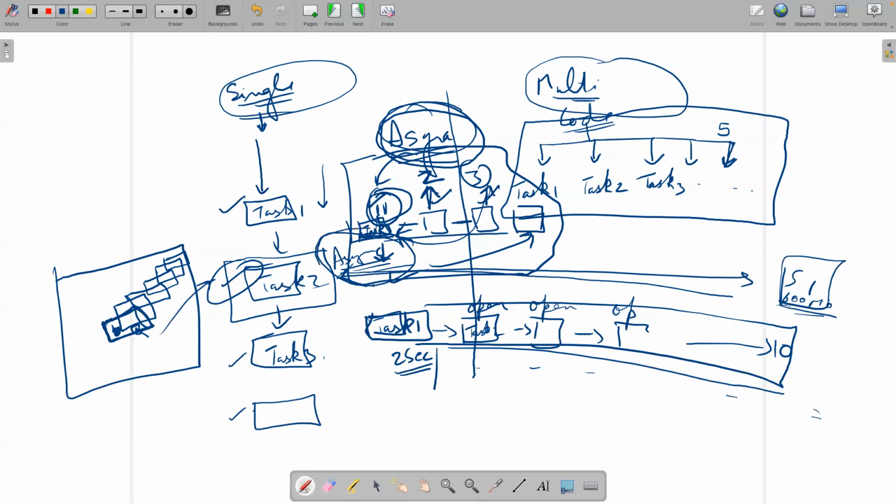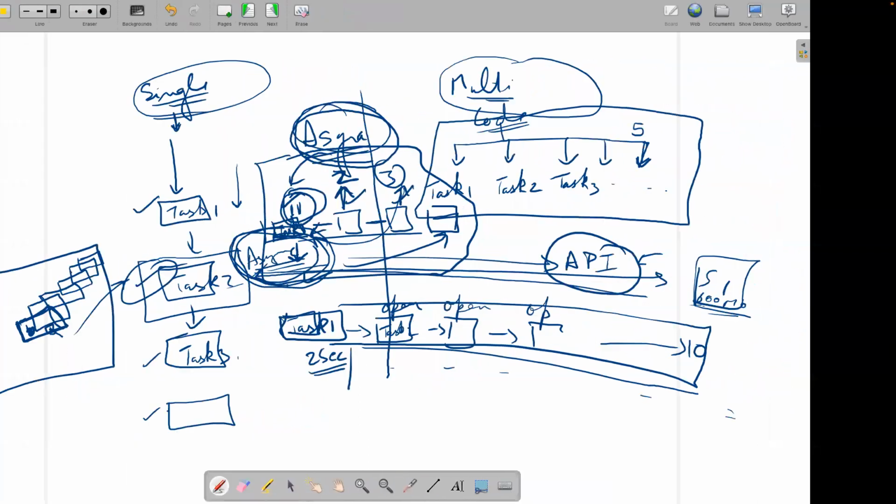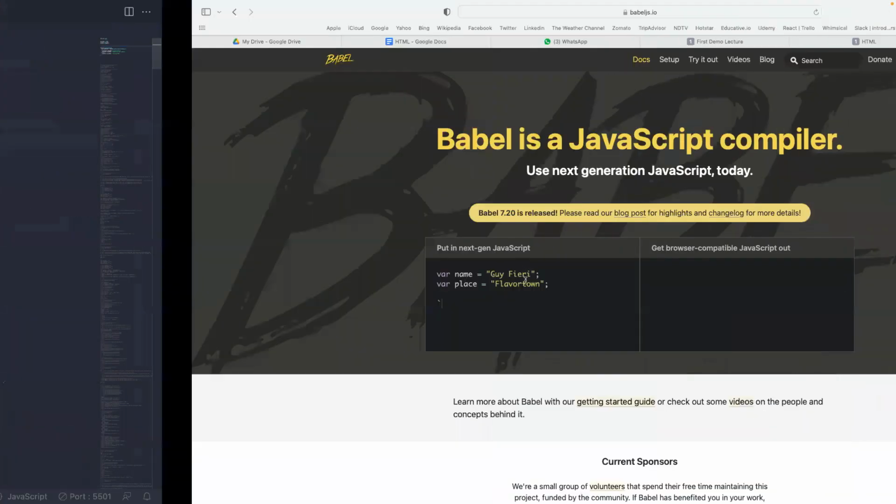This is something which I will teach you in the API class. We will see how we can fetch data through APIs and how it is asynchronous in nature. But right now I have written a code which will show you synchronous behavior in JavaScript without using any asynchronous function. So let me